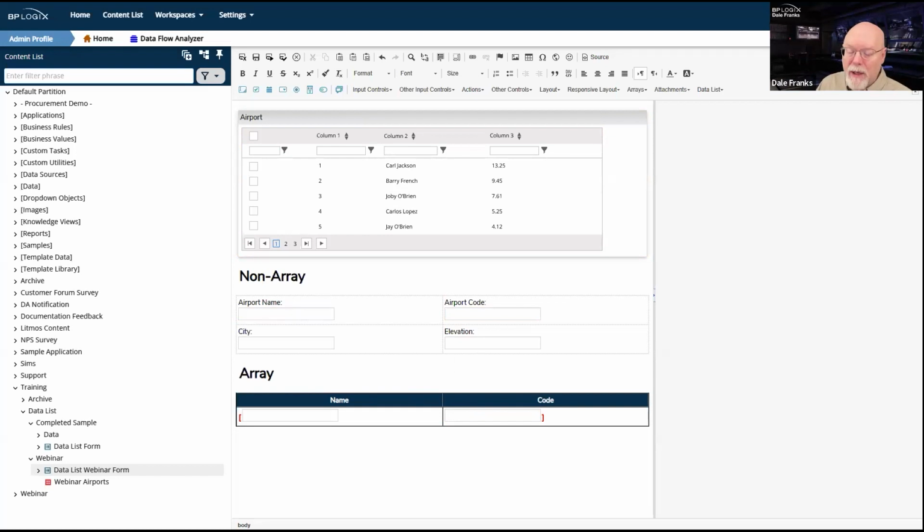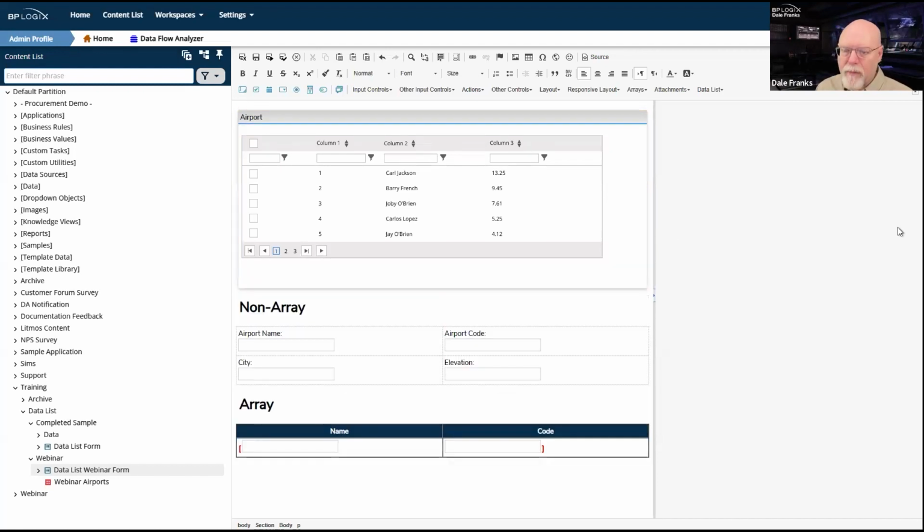Now, to do that, I'm going to need buttons. I don't want the buttons to appear if the array isn't here. So I am going to put those buttons inside the section because I'm going to show and hide the section eventually if we have time, since it's already 11 o'clock. But I'm going to show and hide the section. So I need a couple of buttons here. I need a button to add non-array items, and I need one to add array items.